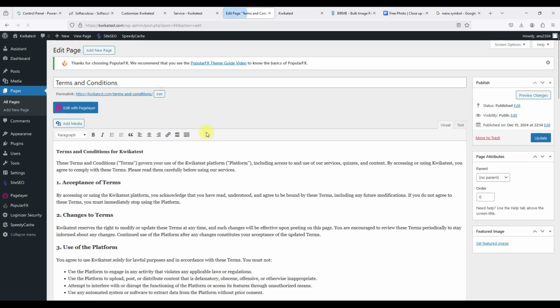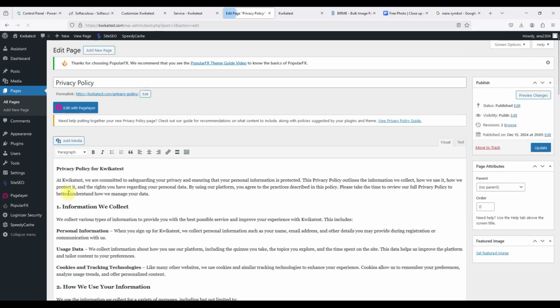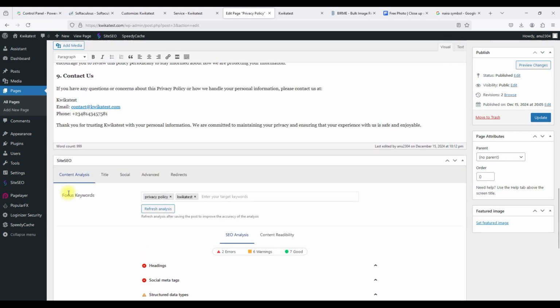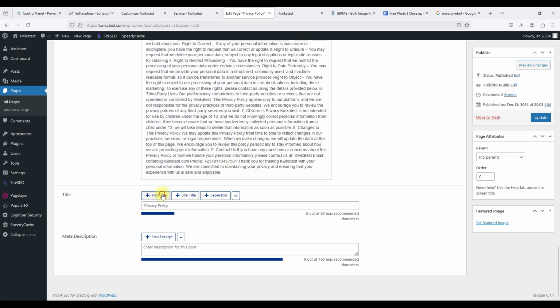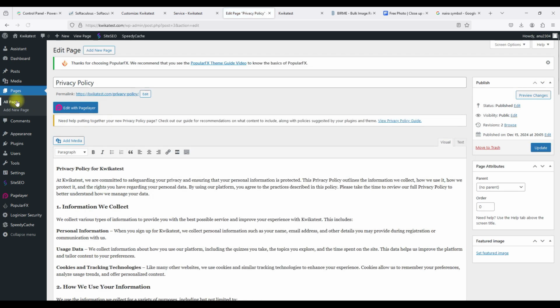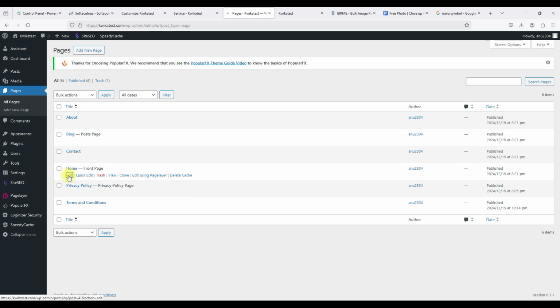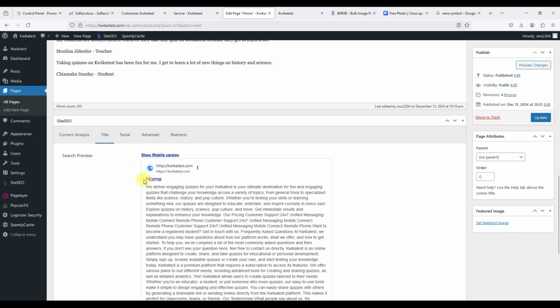So we click on update, and then when we check our pages, let's also do that for the privacy policy. It's always good to check that. So you click on title, and you see the privacy policy also is too much, so I'll just copy a little out of it, click on post title, and then I'll add something like this, and see now it looks better. So let's check our home page. Let's see how it looks. Title, you see the home page is also too much,